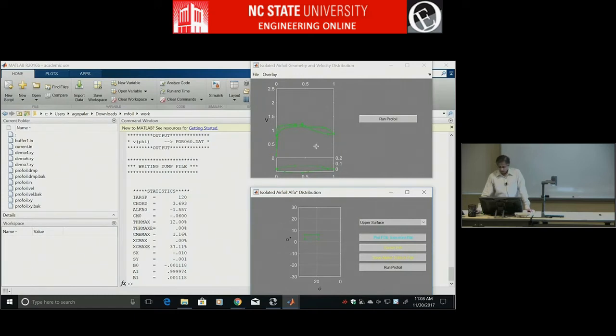Okay, let's run it so that we have only one. Well, it doesn't matter. So this is the airfoil, and it's plotting 2 velocity distributions